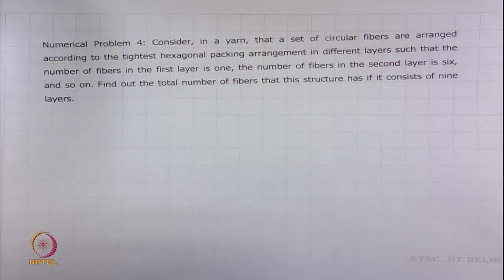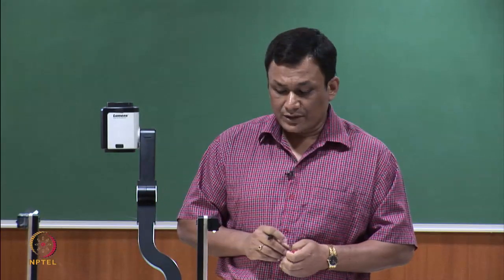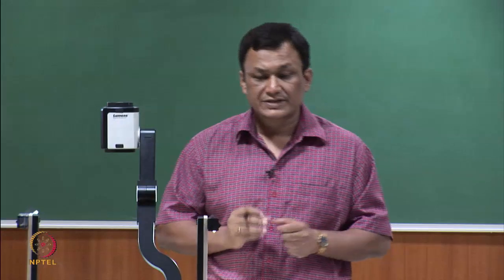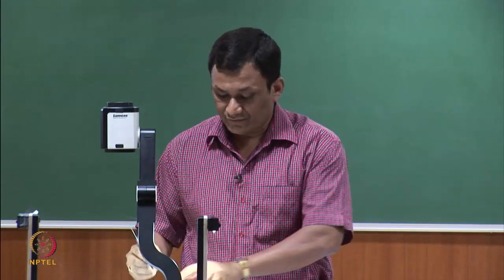Find out the total number of fibers that the structure has if it consists of 9 layers. So, it is a problem on hexagonal packing arrangement, tightest structure. You can find out, if you study the structure a little more, you can find out that